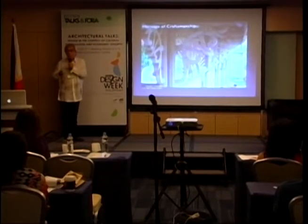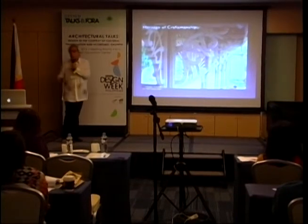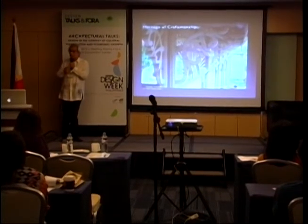Part of the craftsmanship is also in wooden fretwork, like this. This is a public swimming pool found in Karkar in Cebu, the heritage